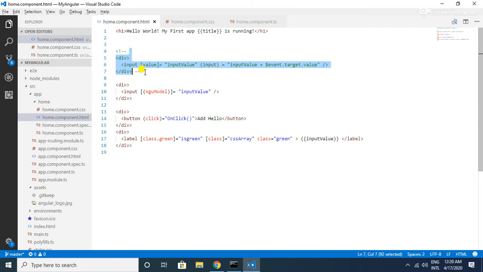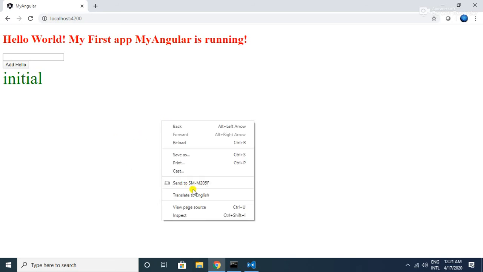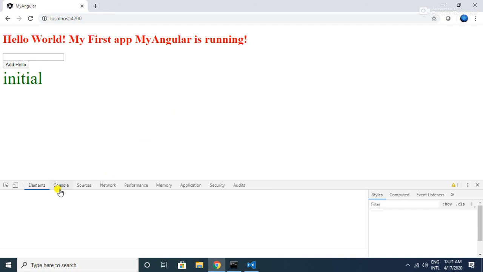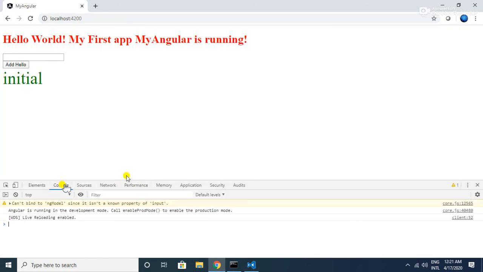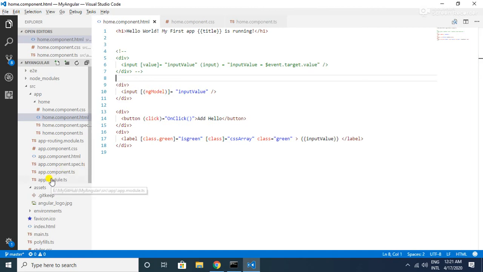So let me save this and go to the browser. We are not seeing anything. Let's see what the issue is. Let's go to the console, and if you see here, it says cannot bind to ngModel since it is not a known property of input. So to make use of ngModel, we have to import one module called FormsModule in our app.module.ts